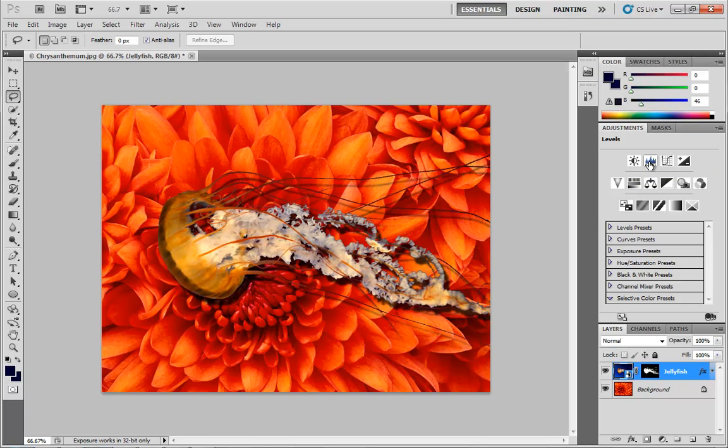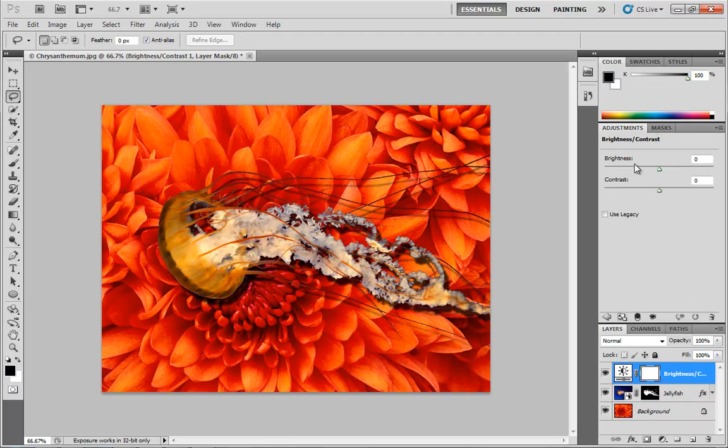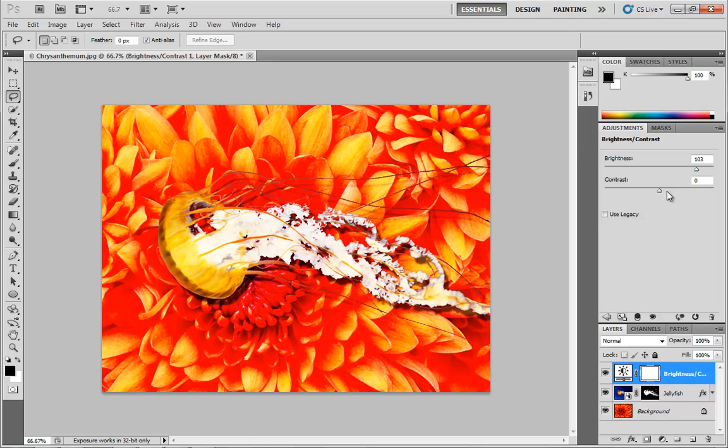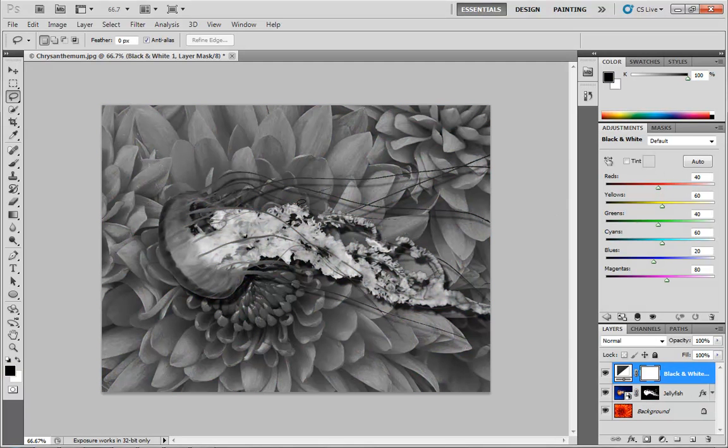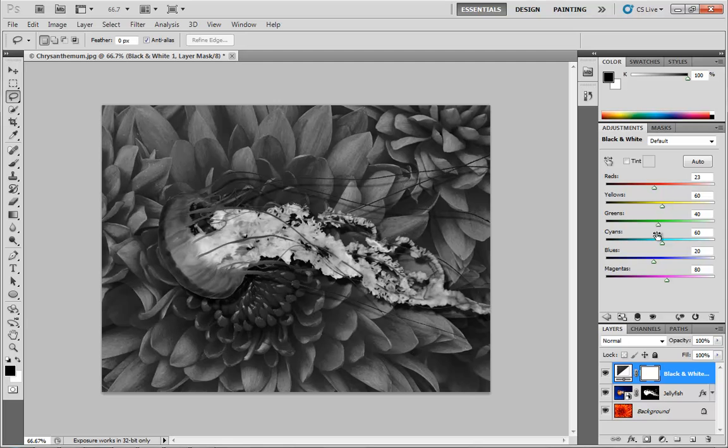Remember that every adjustment layer you bring in, by default, even if you're not using this clipping mask button, is going to come along with all of the power of masking. So let me grab something that's a little bit obvious. I'm just going to fall back on black and white just because it's really easy to see. We had so many colors and now we have practically none. And I'll pull my reds down just a little bit, pull my yellows up just a little bit for some